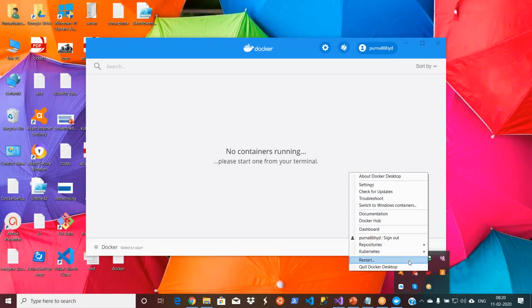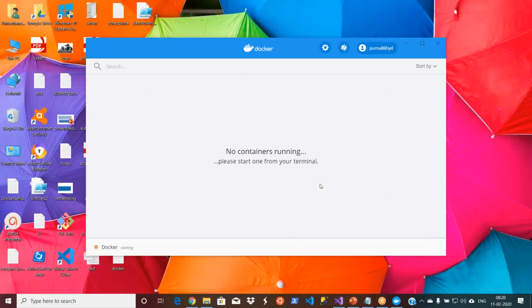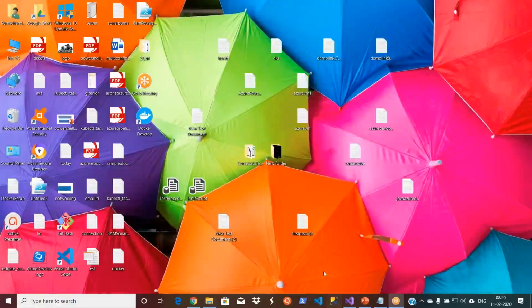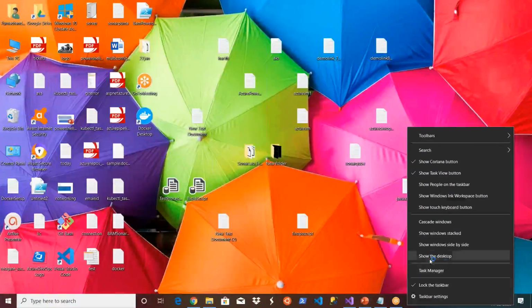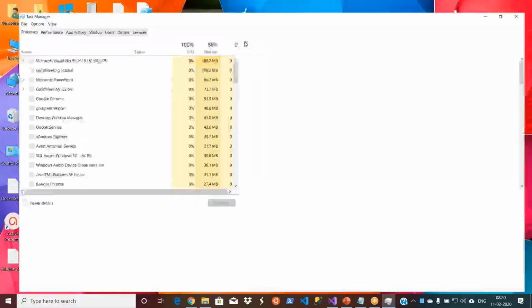Let me restart this one, because I am running out of memory on my desktop. Let me stop some of my services so that I can get memory. Yesterday I had proper memory, now I think I might be running a couple of things.